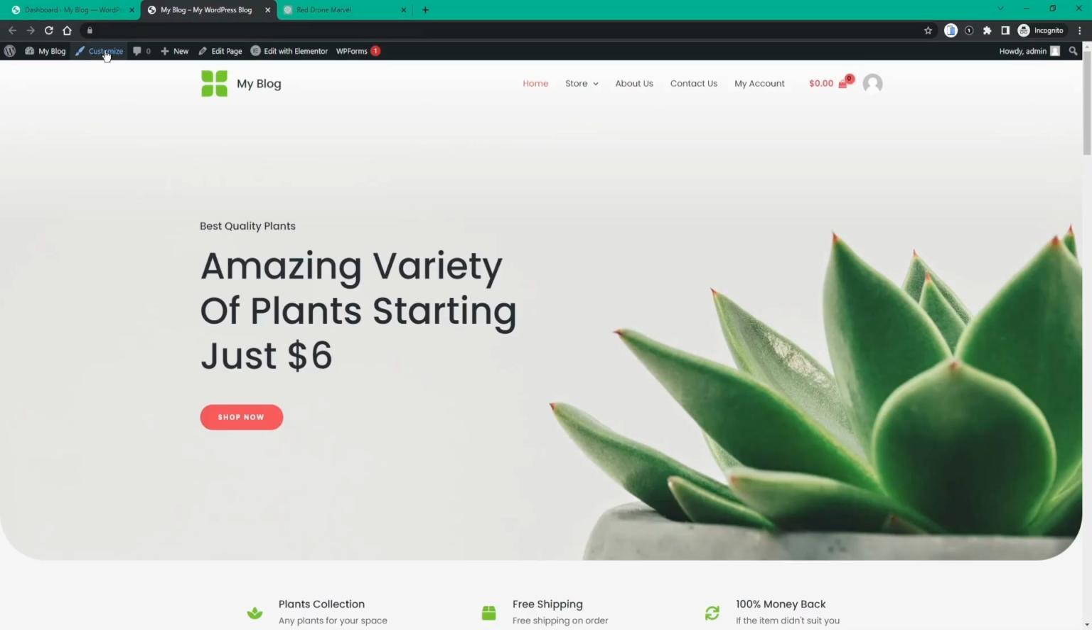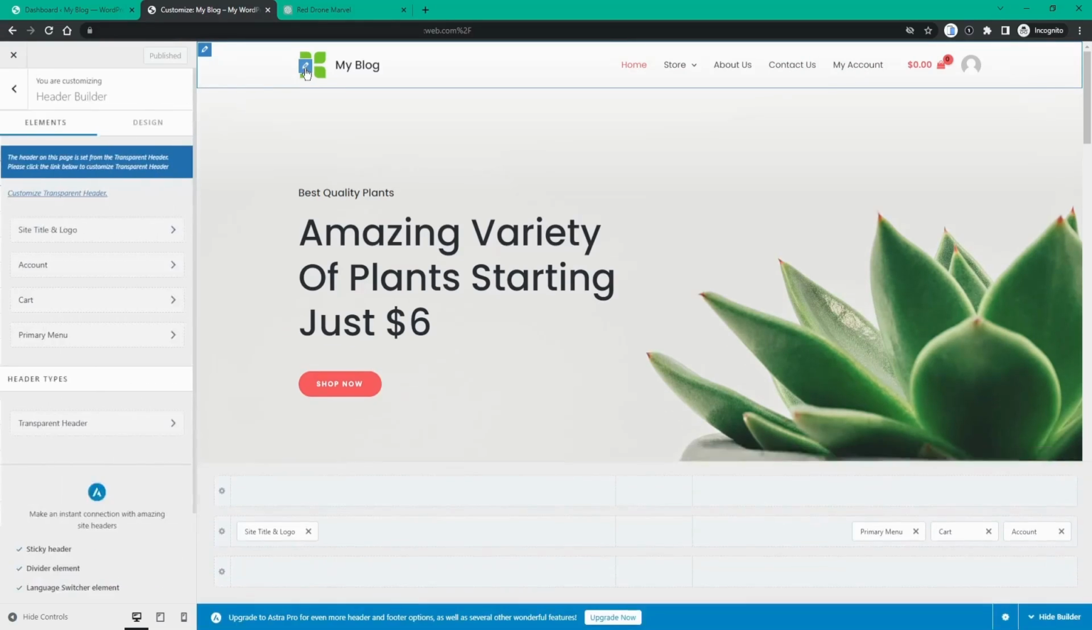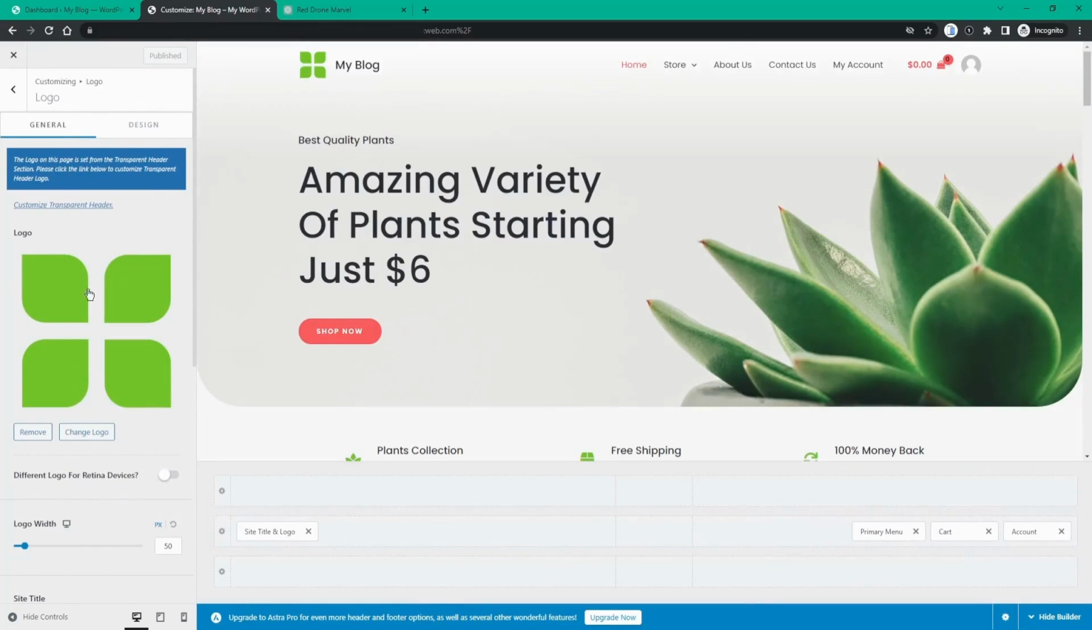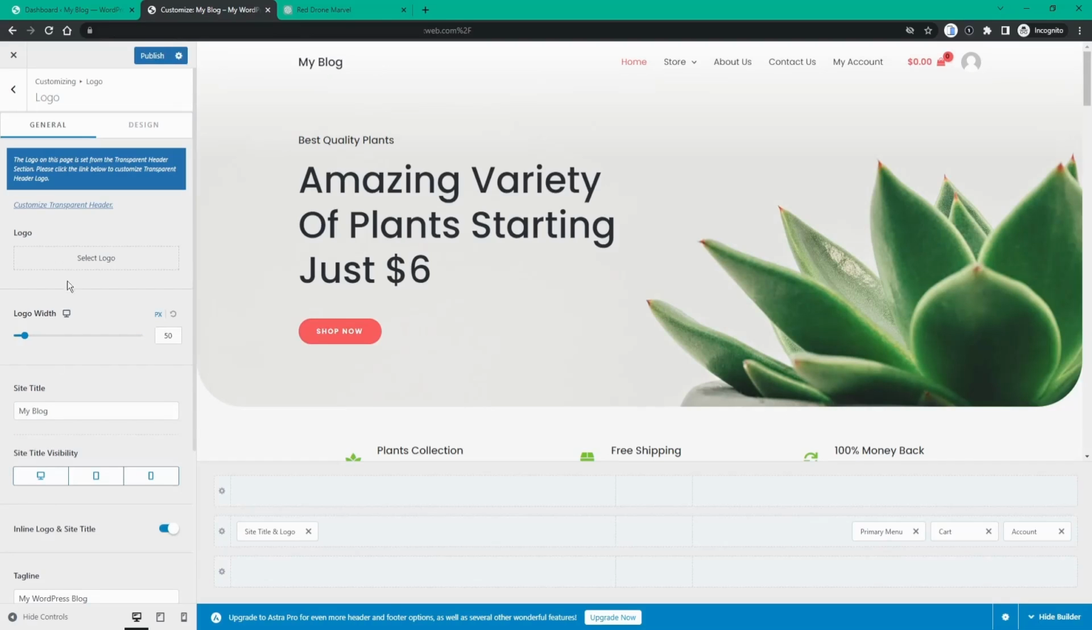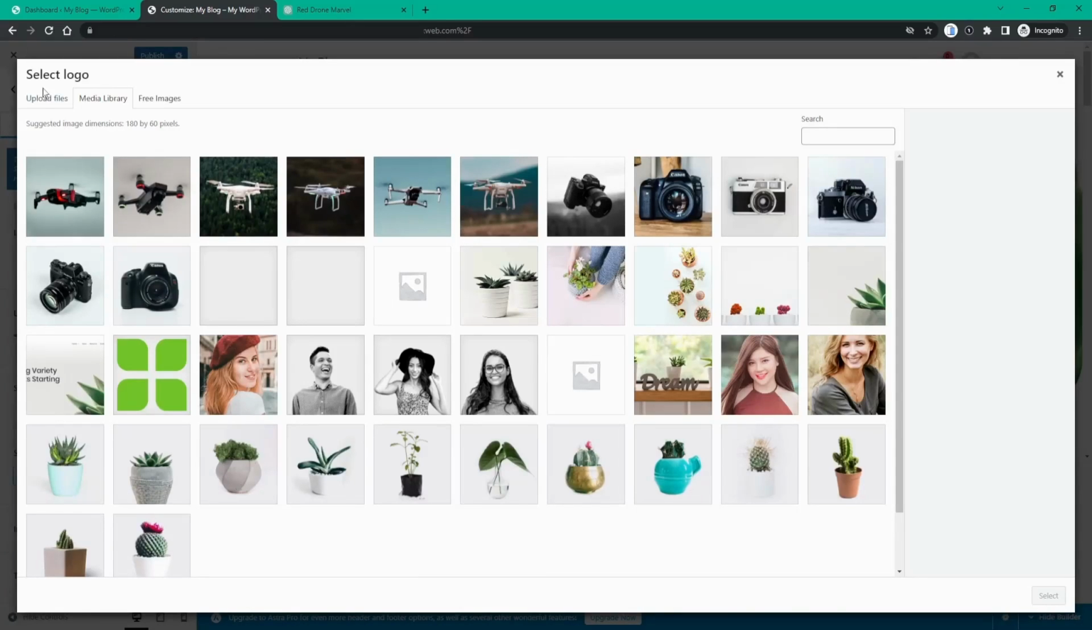So let's click on Customize. Okay. And the Customizer menu allows us to edit the main header, including the menu and the logo. So let's click on this Edit Element button. And this is our logo. Now let's do Remove. Now let's click Set Logo, Select Logo, Upload Files,